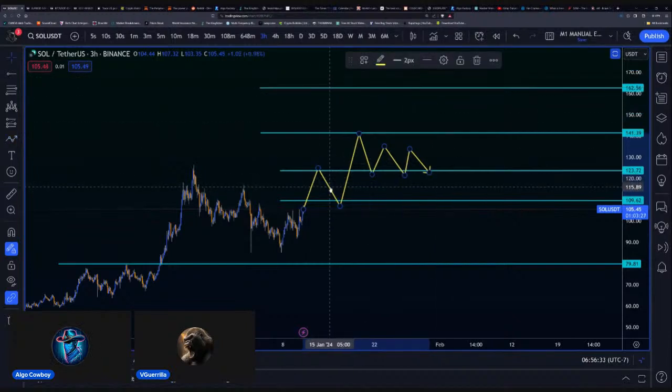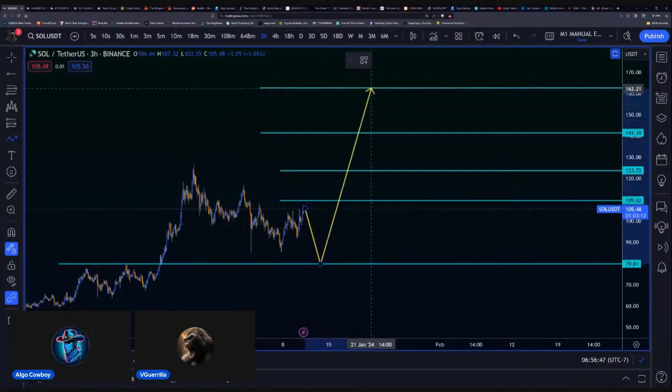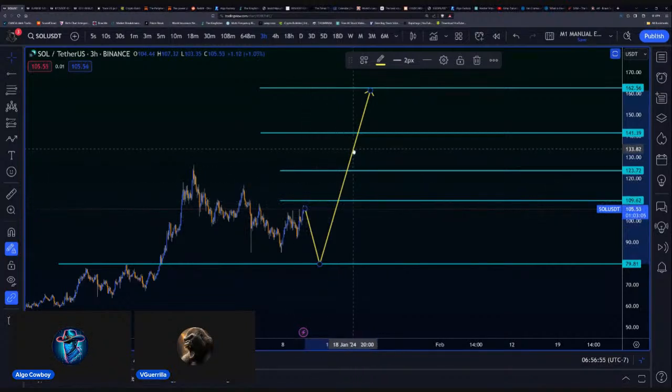Not to say it can't happen, but it's just not normal. Although a lot of not normal things happen in trading, it's just not what I would statistically bet on, right? Or else price could make its way down to that 80, and then you have a nice long trade like that. But right now things are bullish. It would not surprise me to see this break upwards from here at all. So that's a pretty in-depth look at Solana.